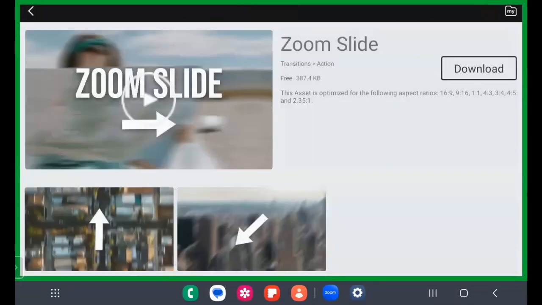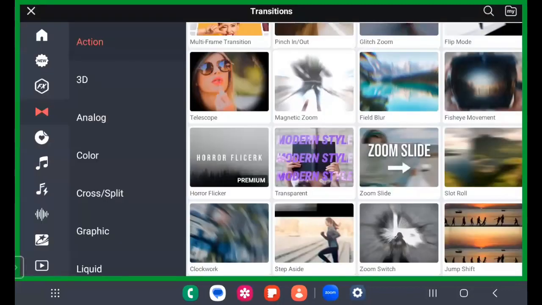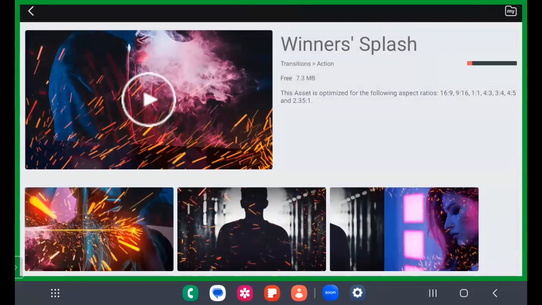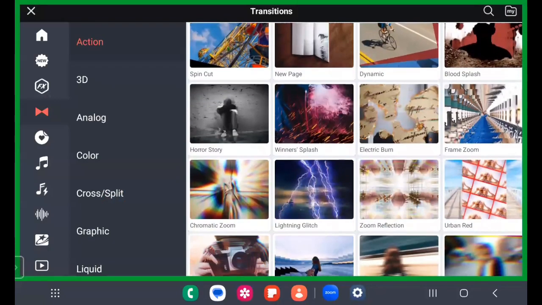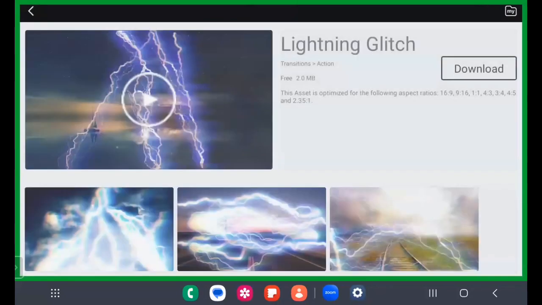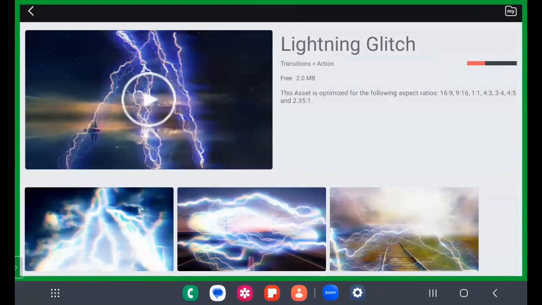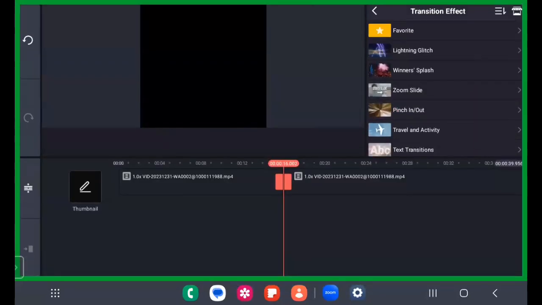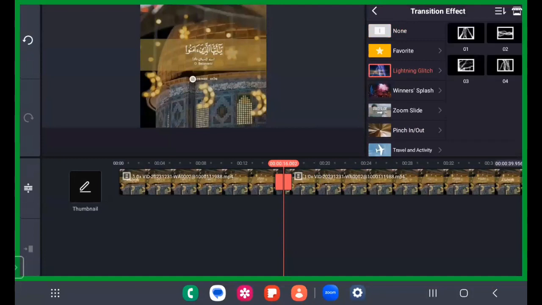Zoom, slide. Let's just download this transition. 38 seconds. It's just in the KB format, winter splash. These are the transitions that you can use in between the videos. You know, this is the eye-catching content in the video. This effect is an eye-catching effect in any video. This is very important. Whenever you're going to edit some videos, these transitions, when applied, make this video seem like a creative video. For example, if I add a lightning glitch in between, just see here. Let me just add